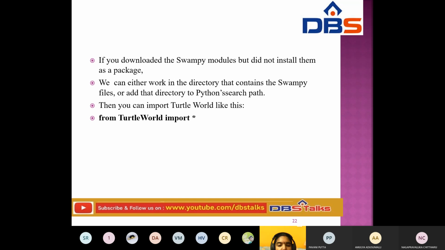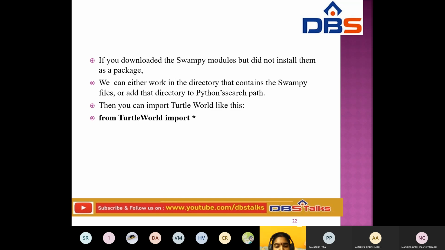Next, we may download the SwampPy modules but not install them as a package.